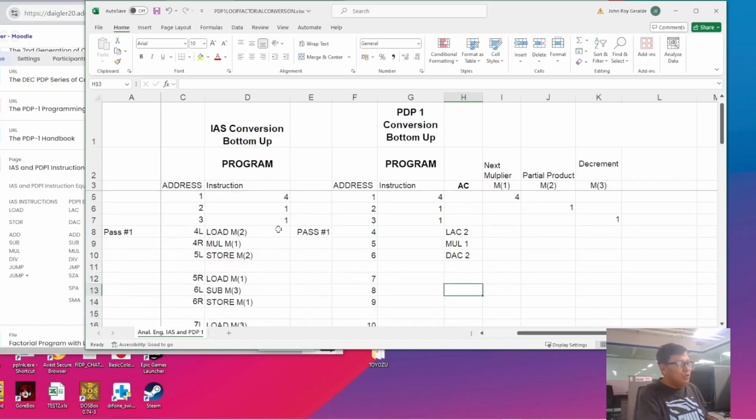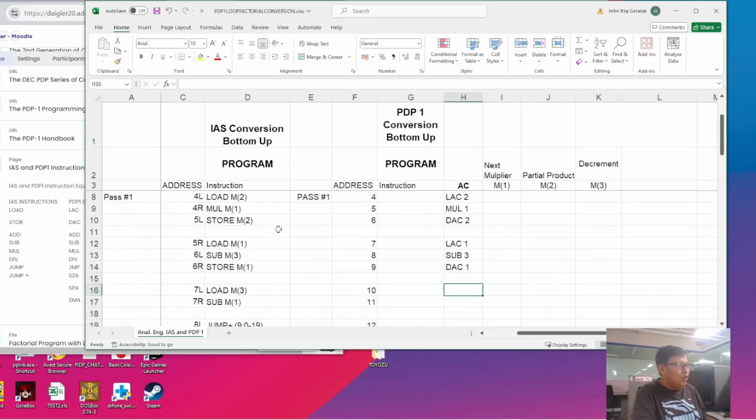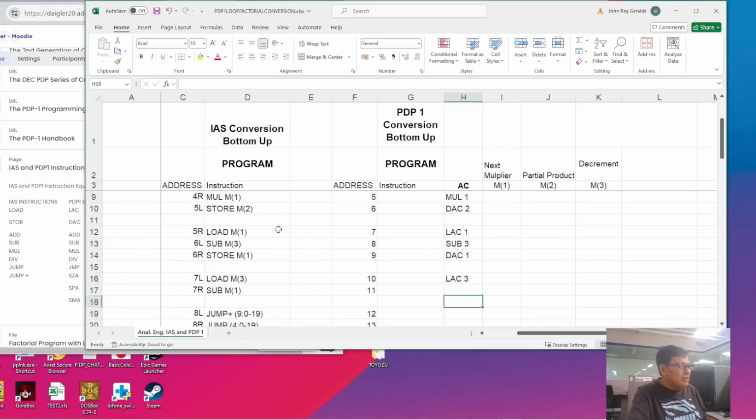Load M1, we know this to be LAC 1. Sub M3 is sub 3. Store M1, we know this to be DAC 1. Again, load M3, we know this to be LAC 3. Sub M1, we know this to be sub 1.